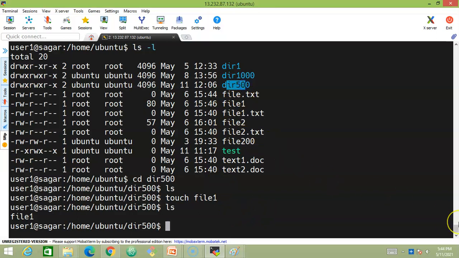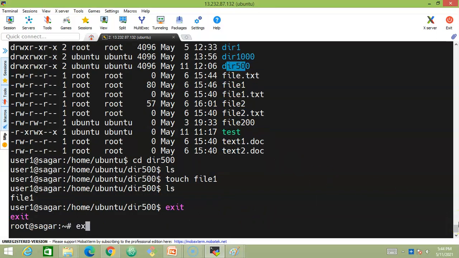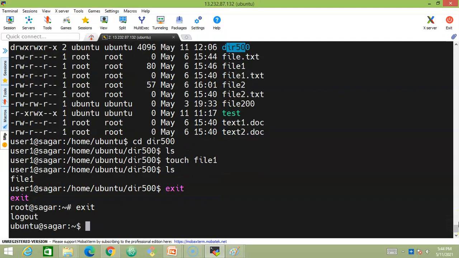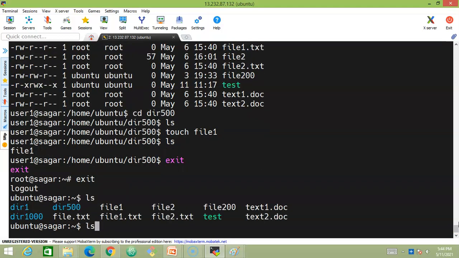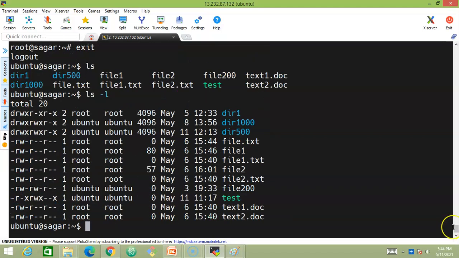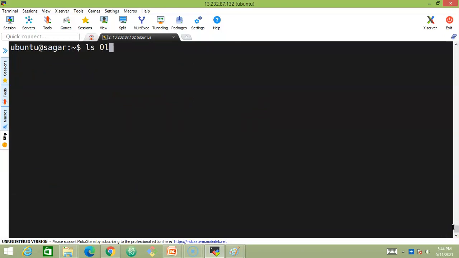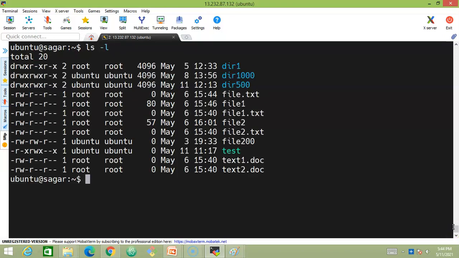directory or the files. So let me exit here and let me exit from the root user so that I'll become a Ubuntu user. ls -l. So here we are. Again, let me make it clear. In order to change the file permissions, see here, I'll give only read write here, only read here. Here I'll give read write execute. Here I'll give read write execute. So read write, only read permissions and read write execute. So how can I do it?